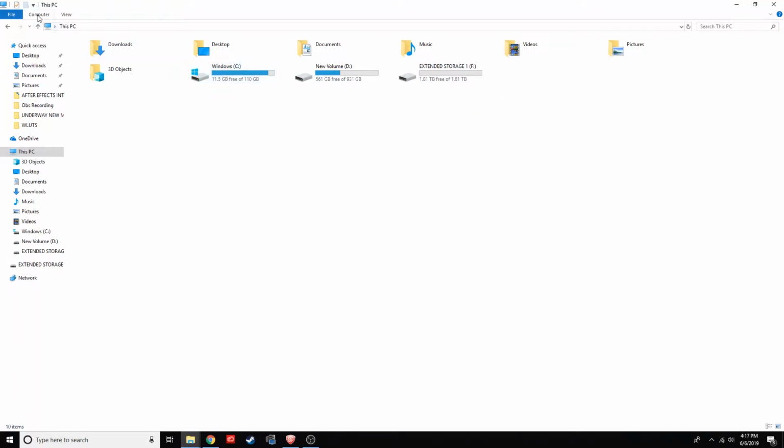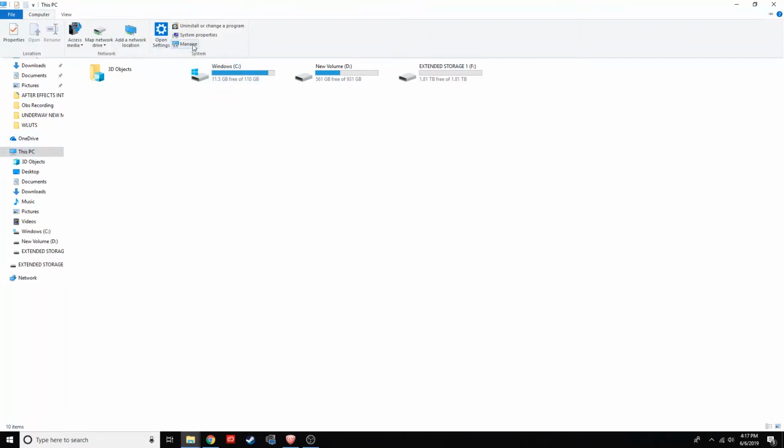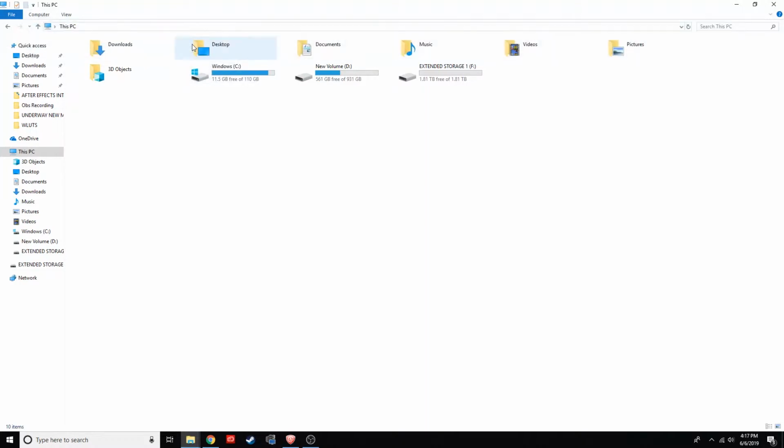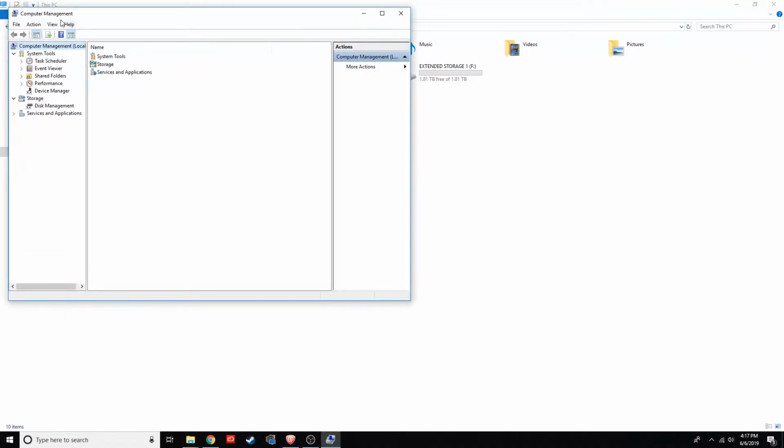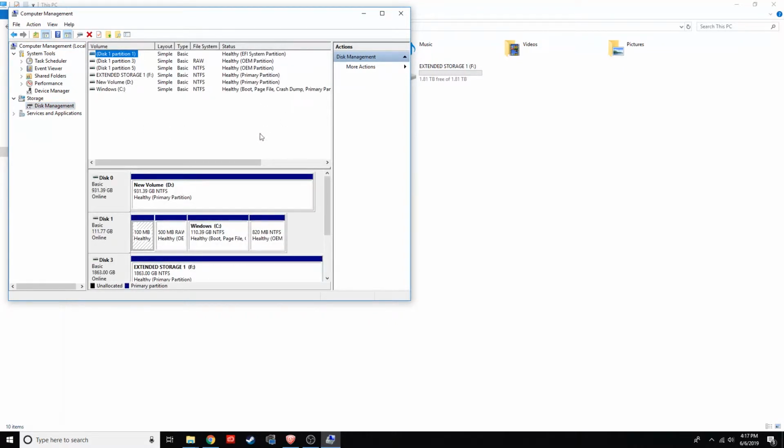First of all, you want to go to This PC, go to Computer, and at the bottom right you'll see Manage. Click on Manage. And then from here it brings up a Computer Management window. You want to go to Disk Management at the bottom. It's going to load all of your hard drives that you have attached to the computer, whether that be internal